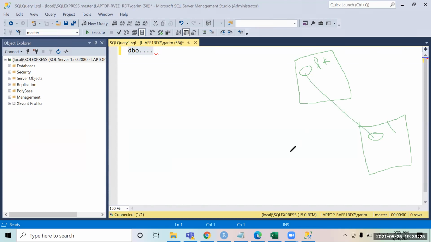Now you can have such multiple tables, right? You can have more tables as well, where you had one more table in which there was a primary key, and this primary key was again connected to another table with the help of a foreign key. That flow is basically called a schema. How the tables are connected to each other, that is called a schema.